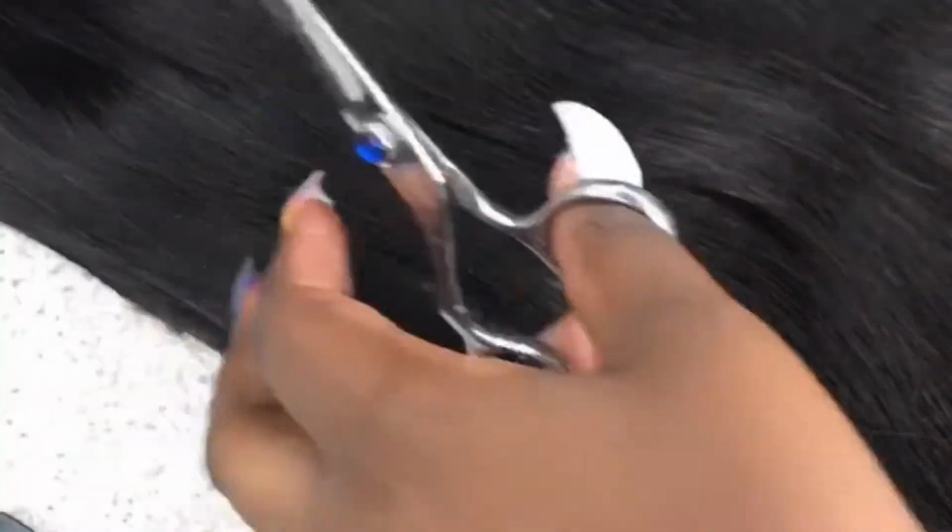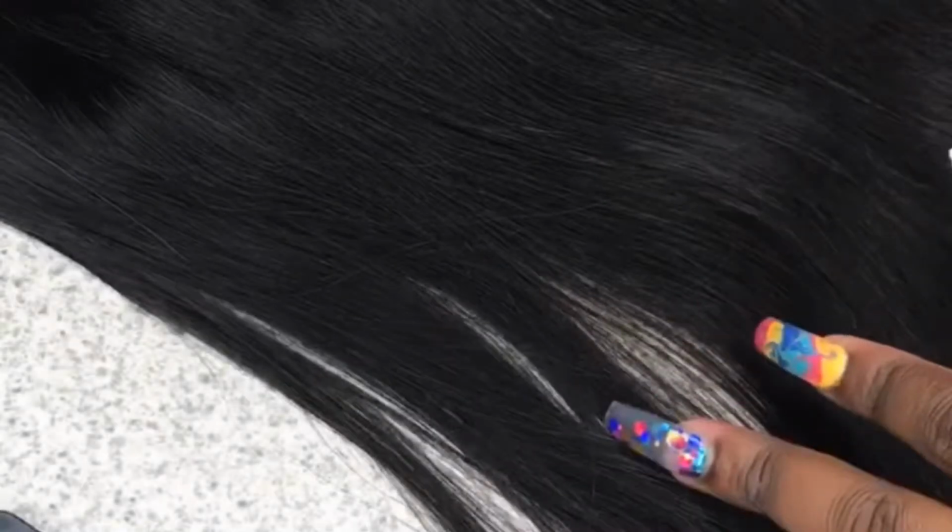Okay guys, when you start, you're going to want to have an adequate work area like this. When you have a clean work area and you start out with all your tools around you, it'll cut out a lot of frustration. When you first start, before you bleach the knots, you want to take your lace and make sure the hair is out of the way. Can you guys see this? I'm going to start on this side. You're going to take the lace